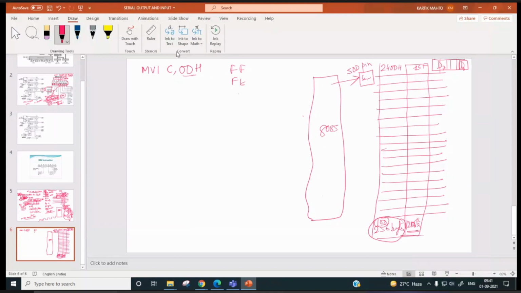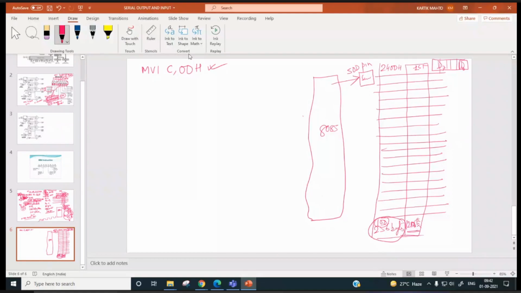Now, if you put 00 and decrement it 256 times, then it becomes 0. So the maximum count value will be 256 using a register. In a register you can set a count of 256 by putting 00 over here. Okay, so for 256 bytes the count 00 we have set.